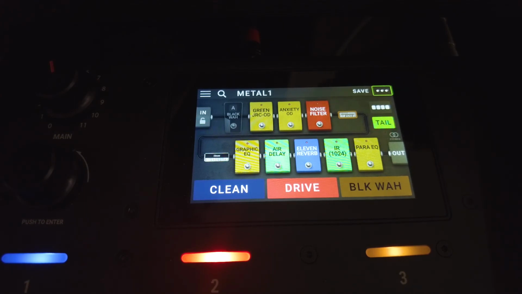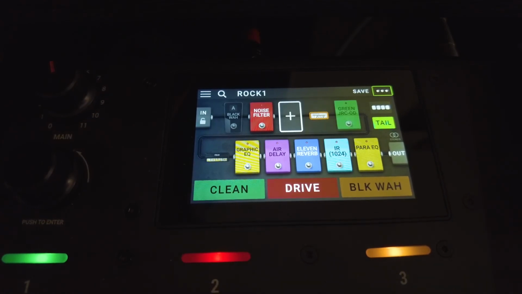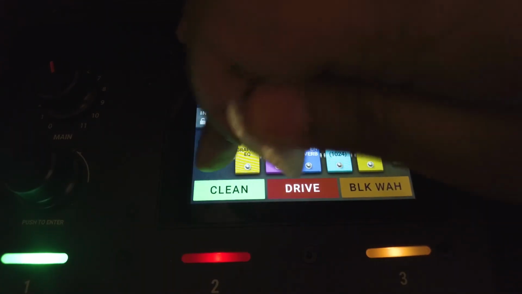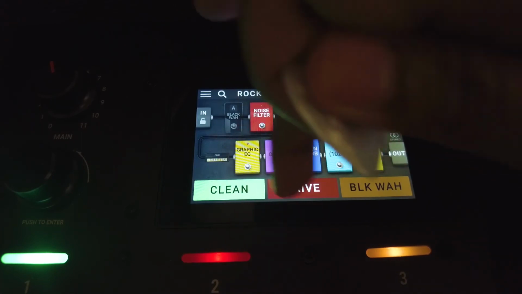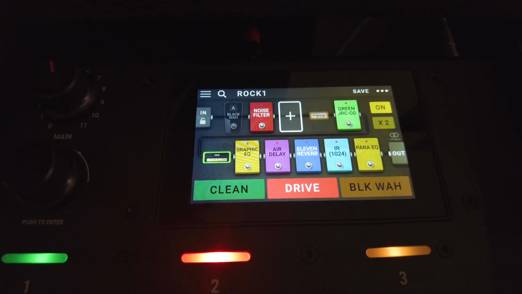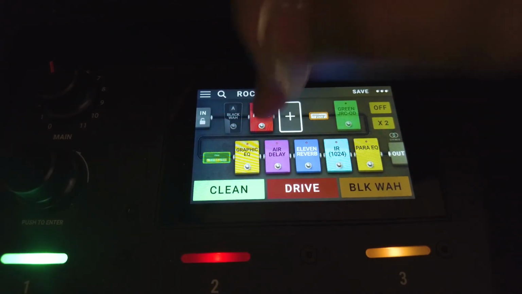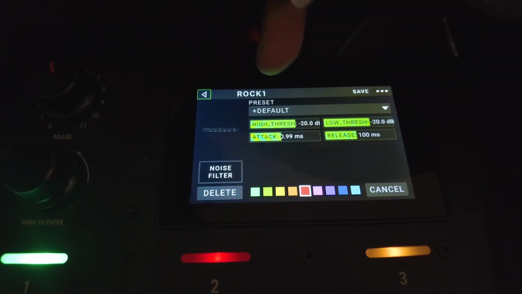Now I have another rig here that I've created for rock. I've created it the same way, and I'll quickly go ahead and open each thing up so that you can take down the settings. And clean, this amp is off, this amp is on drive, this amp is off, and this amp is on. So the same thing here, kind of. So I'm just going to give you a rundown of the settings here quickly so that you can take them down. So wah, then the noise filter, which is basically just a very default,